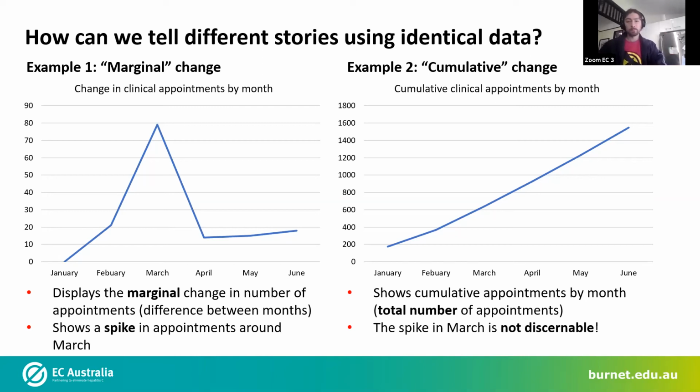Josh, can I ask a really silly question? Mm-hmm. How do you work out the marginal change? I get the cumulative. So when you're doing this in Excel, how do you? I just created a new row, and I just said the number of people in February minus the number of people in January. So if there were 100 people in Feb and 90 people in Jan, it's 10 more people in February than in January.